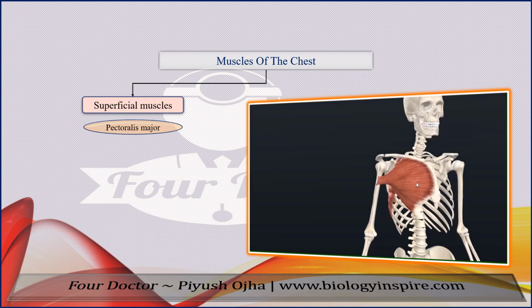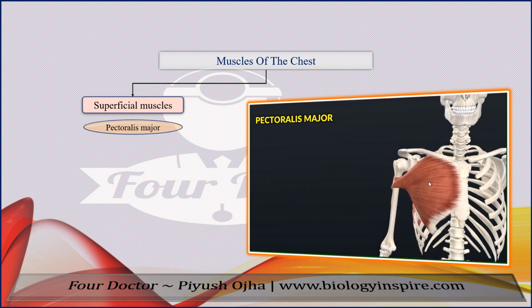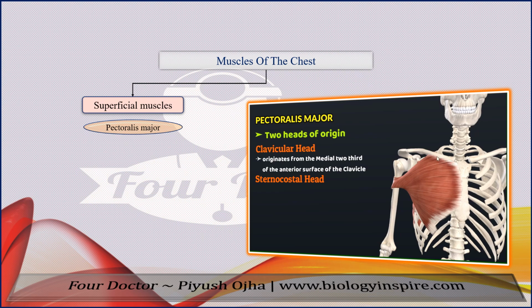So the most superficial muscle of this region is this fan-shaped muscle, the pectoralis major muscle. The pectoralis major muscle has two heads of origin, a clavicular head and a sternocostal head. The clavicular head originates here at the anterior surface of the medial two-thirds of the clavicle, while the sternocostal head originates here at the half of the sternum, and it also originates from the costal cartilages up to the 6th